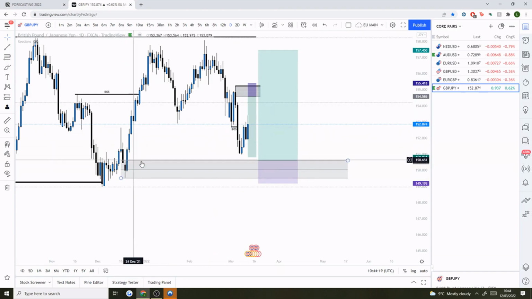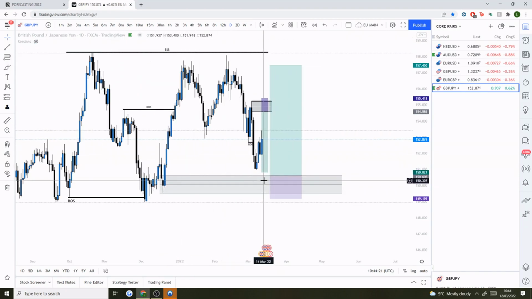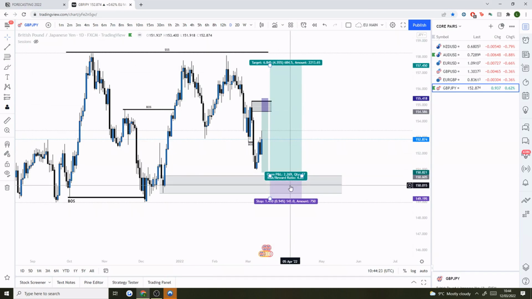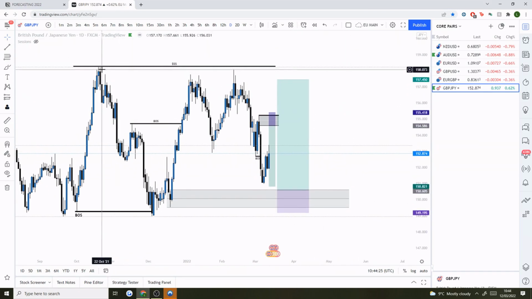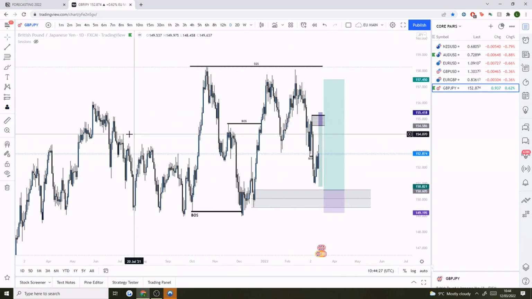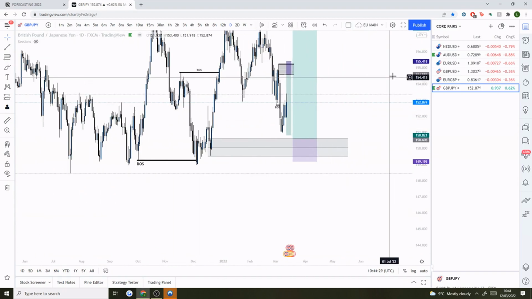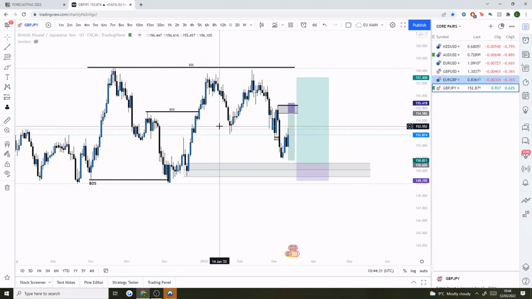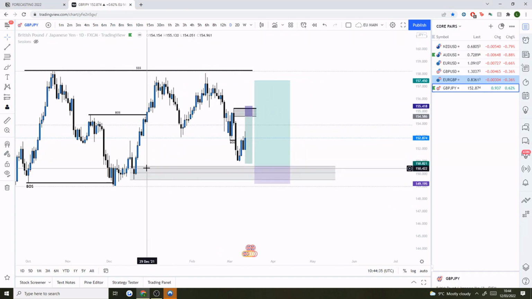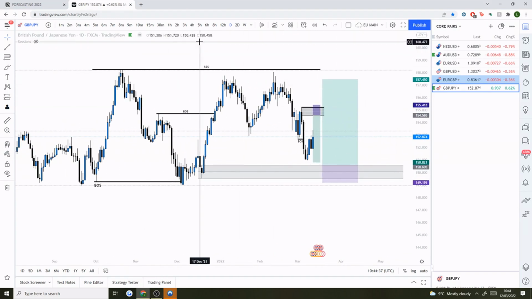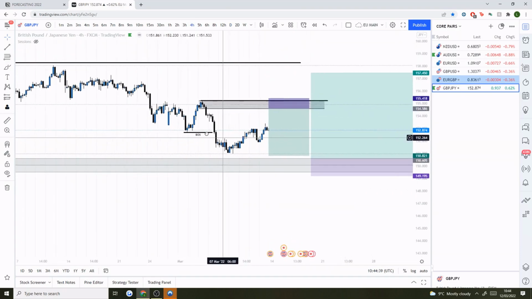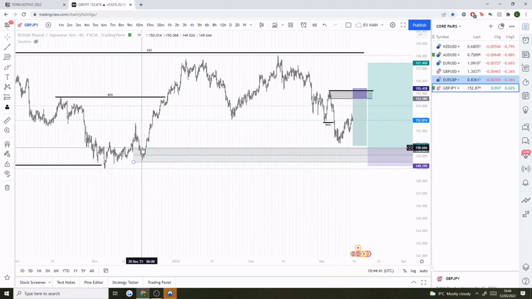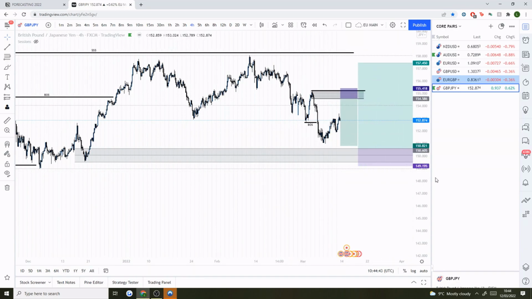When we do get into that order block there, I wouldn't be surprised to see the demand coming into the market, and then we can take price higher because we do also have a lot of liquidity up here. Plus, we are in an overall uptrend. So from that daily perspective, I think it makes sense for price to respect this order block. So I will be watching that area to look for buys. But in the shorter term, I'm expecting sells because obviously if we're going to come down there, we're going to have to sell down there.